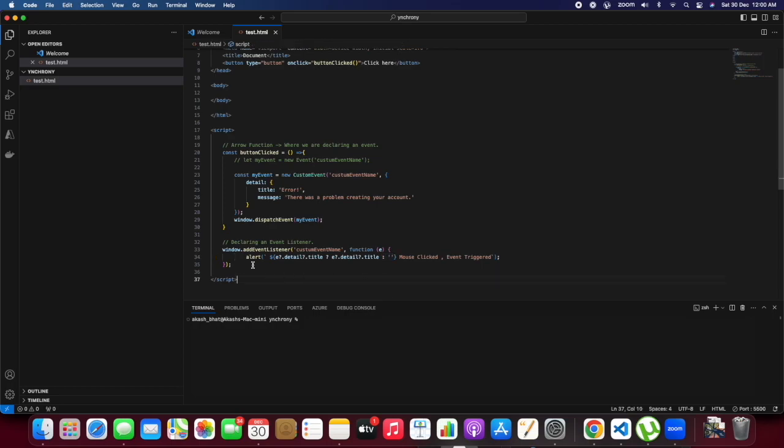So this is how we can add a custom event listener